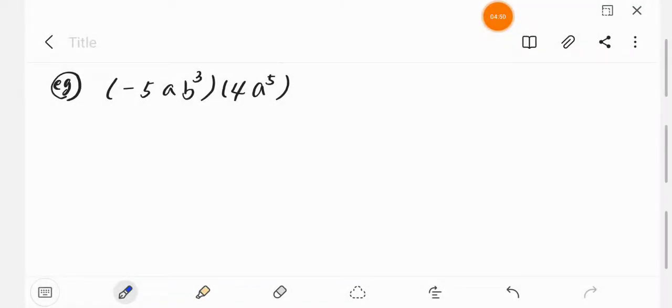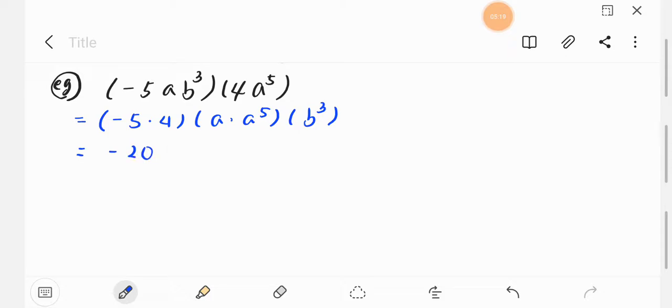All right, so let's simplify this expression. Okay, this is also a product. Everything is a product, so we can put numbers together and the exponential forms with the same base a. So a factors together: a and a to the 5th power, followed by b cubed. b cubed is the only one. Then this will be negative 20, and then a to the,